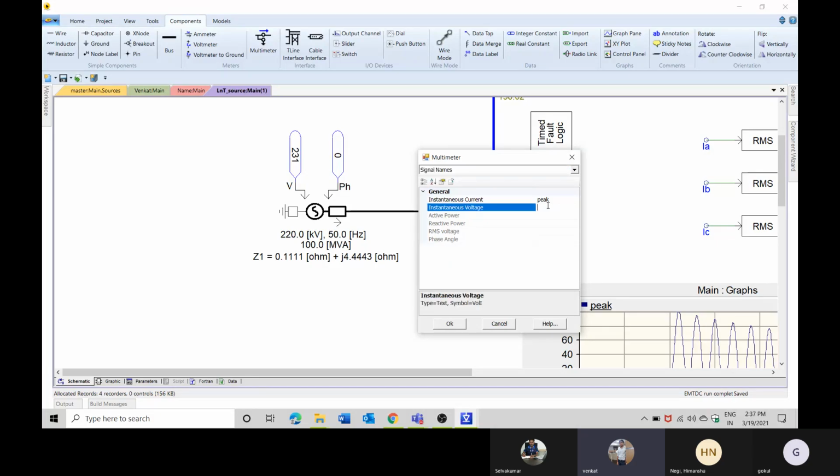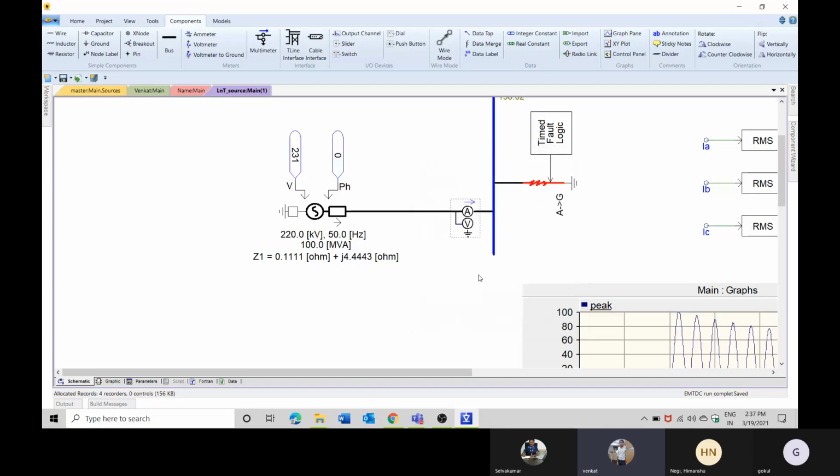Here I have chosen voltage as yes, so I have been given permission to give a name for this particular voltage. I will just keep it as voltage, and click OK.